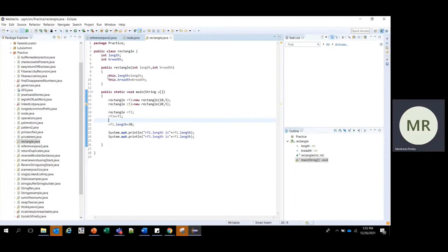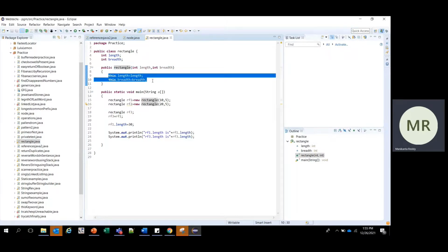Here I have a program similar to what we have just discussed. I have a class Rectangle and a constructor Rectangle where we initialize the length and breadth.